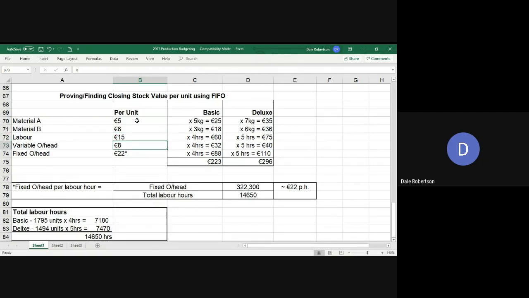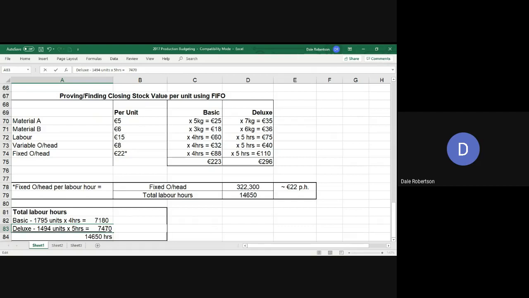Now, the fixed overheads are trickier. By definition, they're not expressed per hour, but we need to force them into an hourly rate. So you need to take your fixed overheads and divide by the total amount of hours. Now, the total amount of hours I've done in a little box down here, but it is your basic products, which we know is 17.95 by 4 hours, gets you this many hours. And the deluxe, which is 1494 by 5 hours,